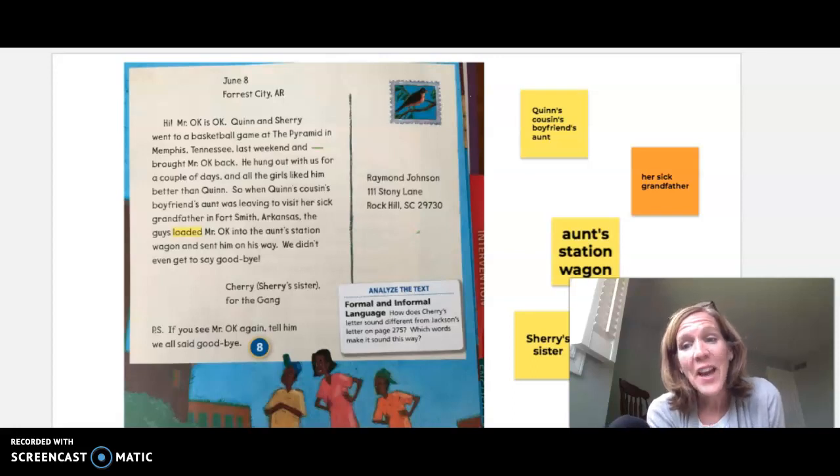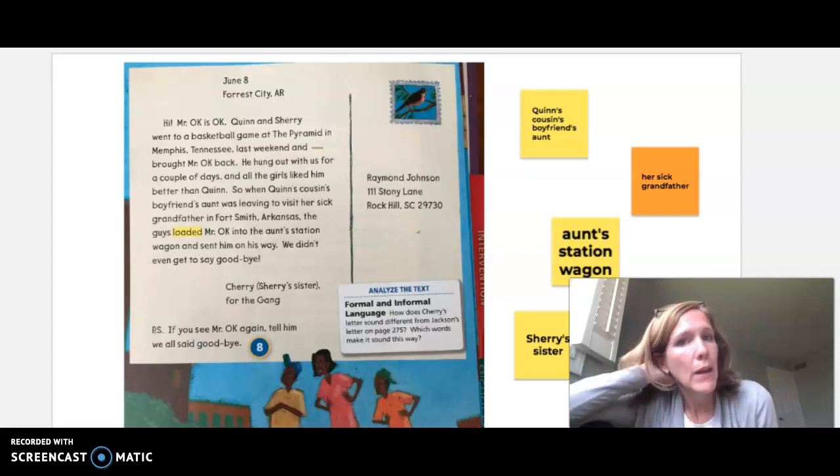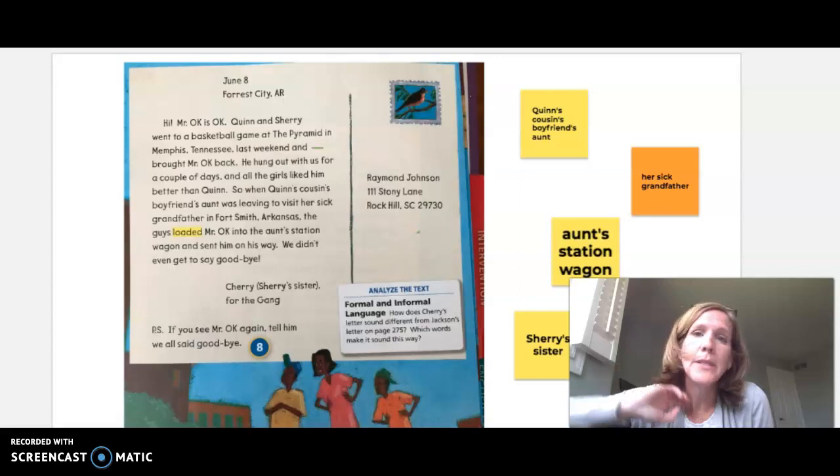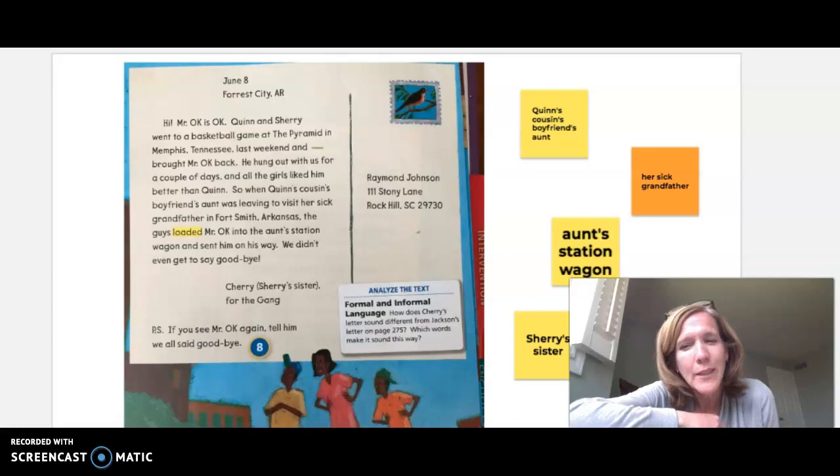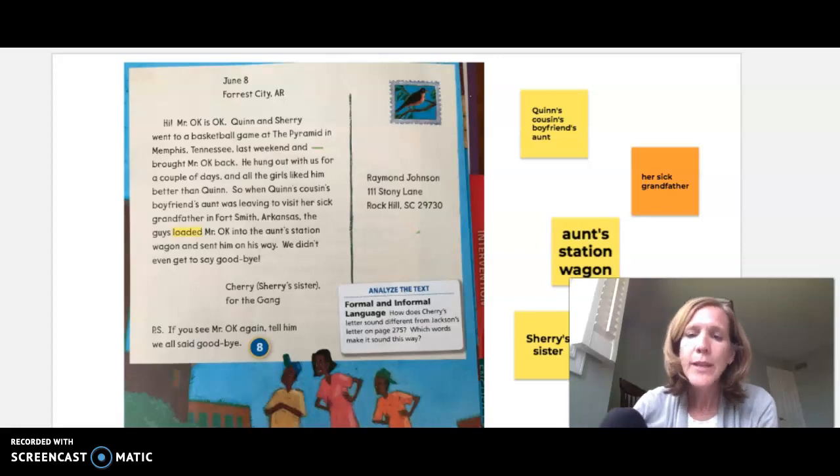Hello, third grade. Okay, so today we're going to go back over talking about possessive nouns and possessive pronouns. And this is kind of a hard concept, so we're just going to keep reviewing it. So if it's a little tricky, just give it some time to marinate, give your brain some time,